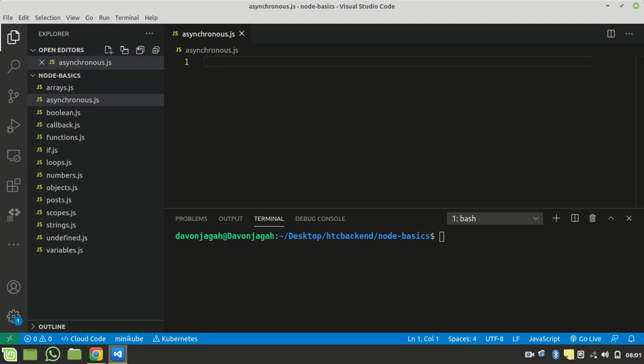Now, before we begin learning asynchronous: it is like when multiple things are running concurrently, which means they are running at the same time. In JavaScript also, we can have functions that are running in parallel with other functions. Those functions are called asynchronous functions. A good example would be, for example, we have a function